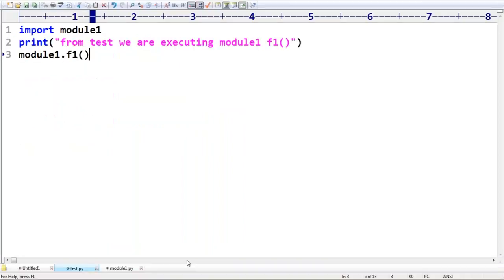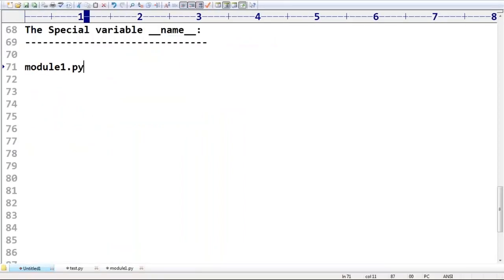Now my question is, in my program, maybe you may have such requirements: whether it is executed directly or executed as a module from another program indirectly. I want to know how you can evaluate that using a variable. What is this variable?